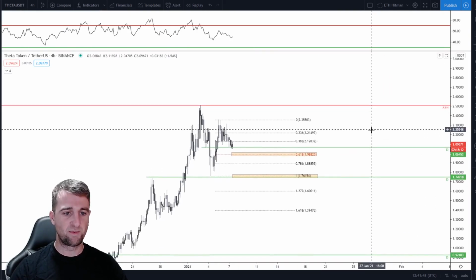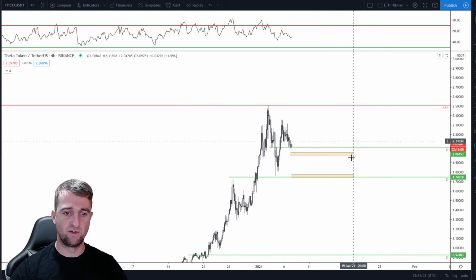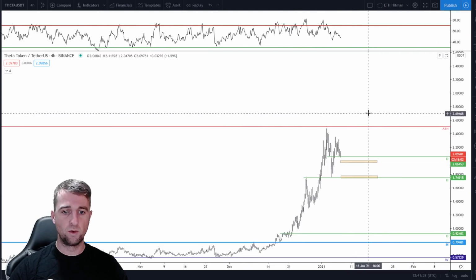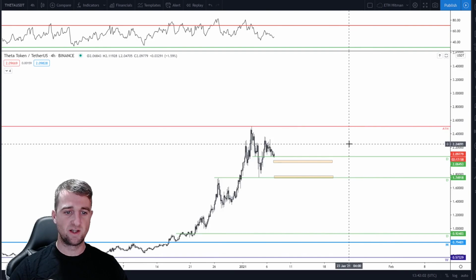So that is potential buy zones there. We'll get rid of a fib because there's two areas marked up. If you're looking for potential targets going forward, then we would be in price discovery mode, because anywhere above this area really is price